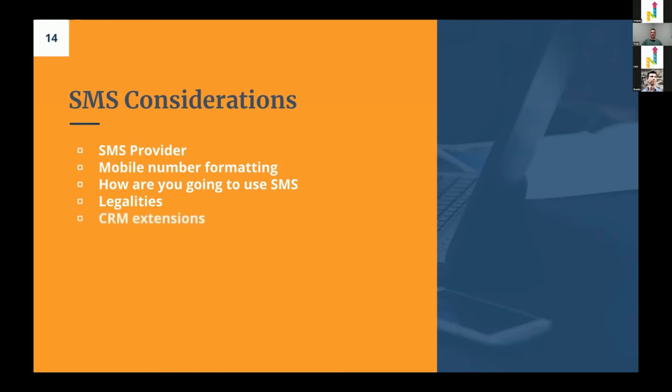CRM extensions. Most of these SMS providers will connect to Zoho CRM through an extension. This allows for a much better experience. It's native to the application. Some SMS providers require a third-party connector built by an external company. It's going to become a little bit of an issue if something goes wrong with the extension, because it's not the provider's